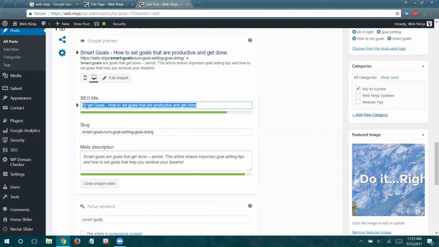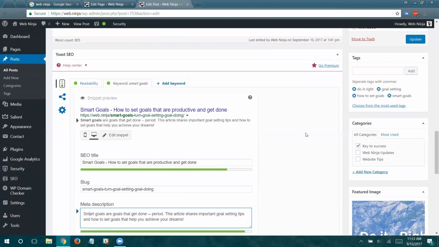Right here is where I'm deciding what shows up. And so you want this to be attention grabbing, you want it to be interesting, you also want it to be relevant to what you think those people are actually searching for. Because if you start getting people searching for something else that you're really not the best solution for them, then that's where you start getting traffic that's not really relevant to you. And the biggest main point is that you want to attract people who are very specifically interested in your products, services, and other offerings. Okay, so that's what's good for business. Those are who you want to attract.